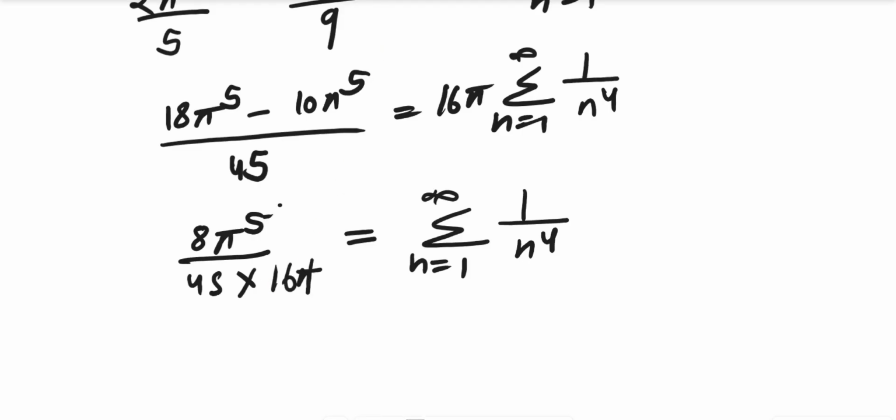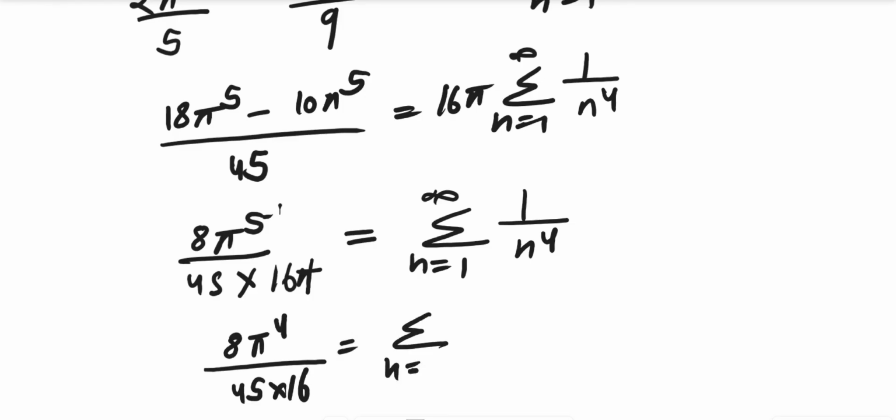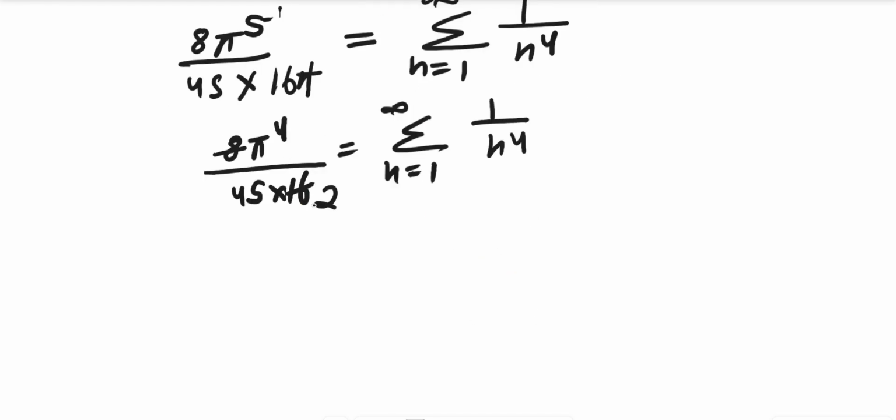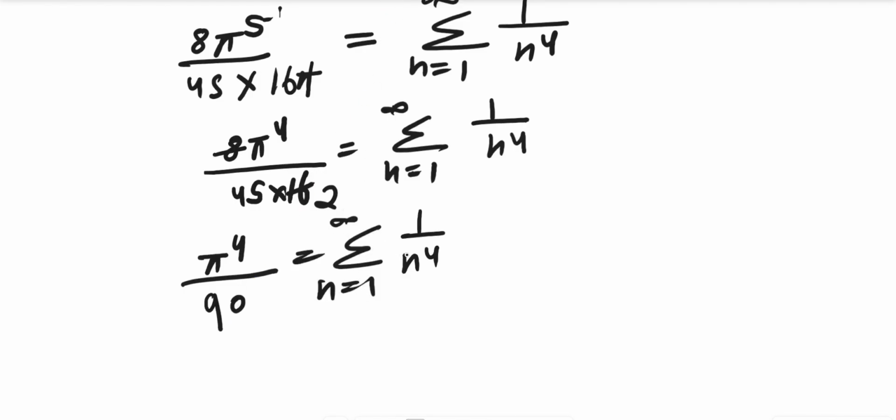Now pi cancels with pi, so it is 8 pi raised to the power 4 divided by 45 multiplied by 16 is equal to summation n is equal to 1 to infinity 1 upon n raised to the power 4, which is cancelled by 2. It is pi raised to the power 4 divided by 45 multiplied by 2, which is 90, is equal to summation n from 1 to infinity 1 upon n raised to the power 4,